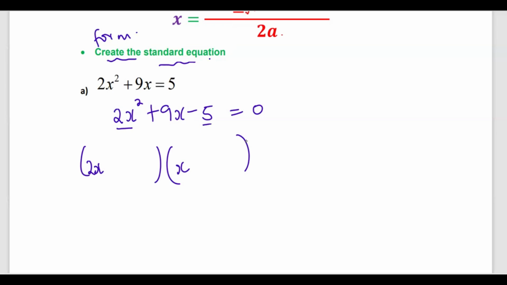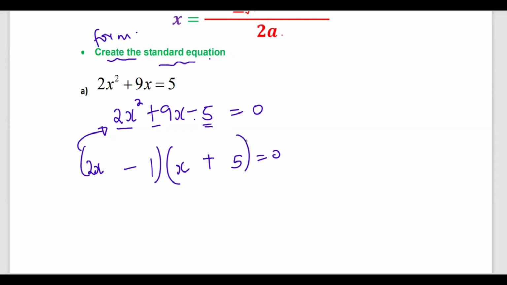Then for me to get negative 5, I should have a 5 somewhere here and a 1. But this is a positive, this is a negative. So I'm going to keep the positive here and then the negative there. Because if I open these two brackets, I should be able to get back to that. So it's 2x squared. That's going to be a 10 minus 1, which is a 9, and then negative 5,